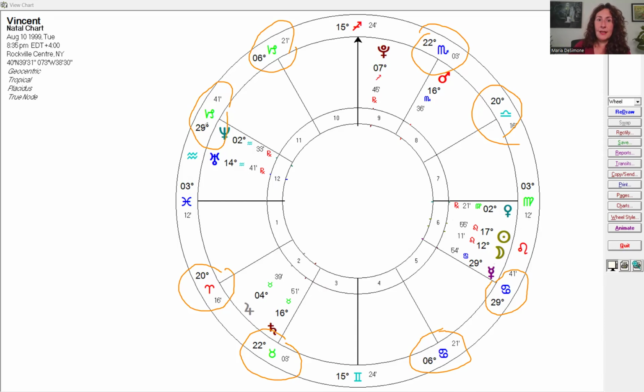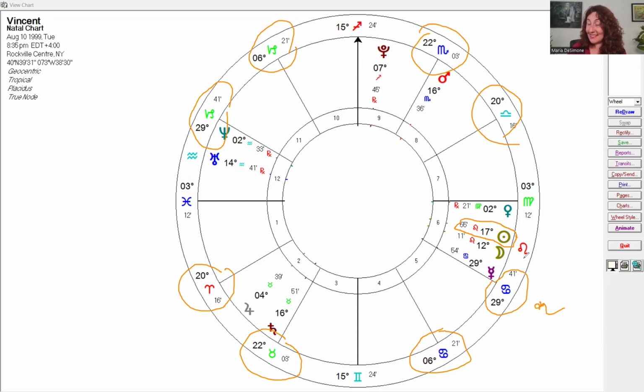For example, let's start with the Pisces rising. If this were the whole sign house system, 0 degrees Aries would be on the second house cusp, 0 degrees Taurus on the third, 0 degrees Gemini on the 4th, 0 degrees Cancer on the 5th, and then 0 degrees Leo would be here on the 6th. So you see how we have a big difference here? According to the whole sign house system, Leo would be on the cusp of the 6th house here, not Cancer. And that would make the sun the ruler of the 6th house based on rulership dynamics.